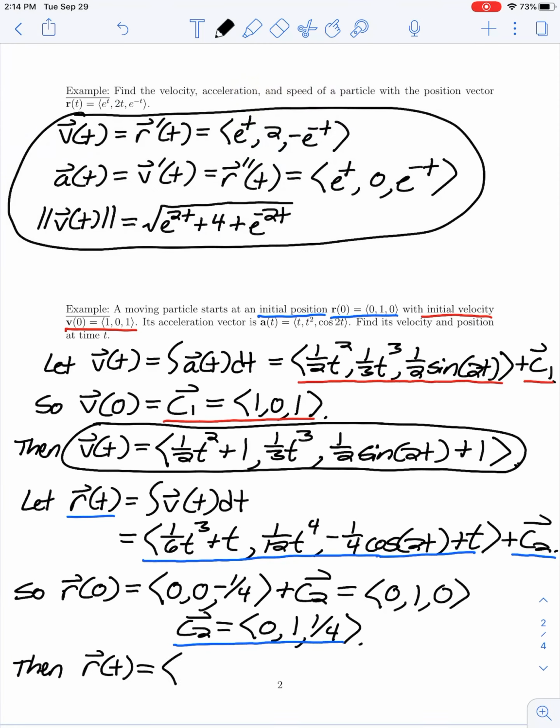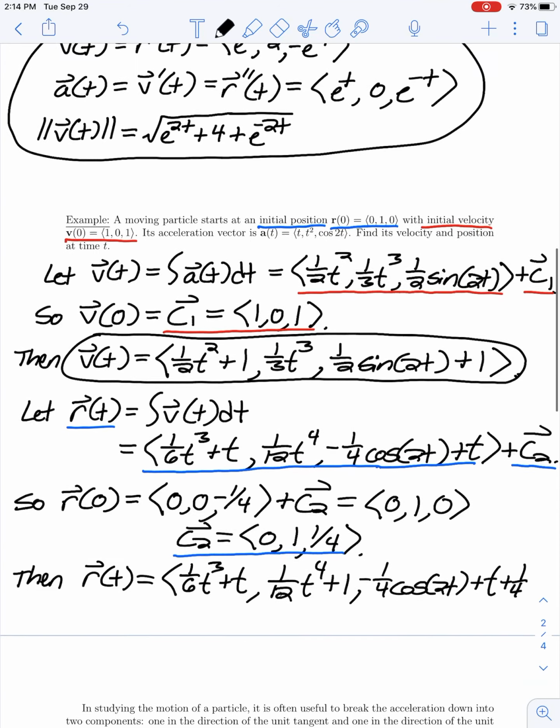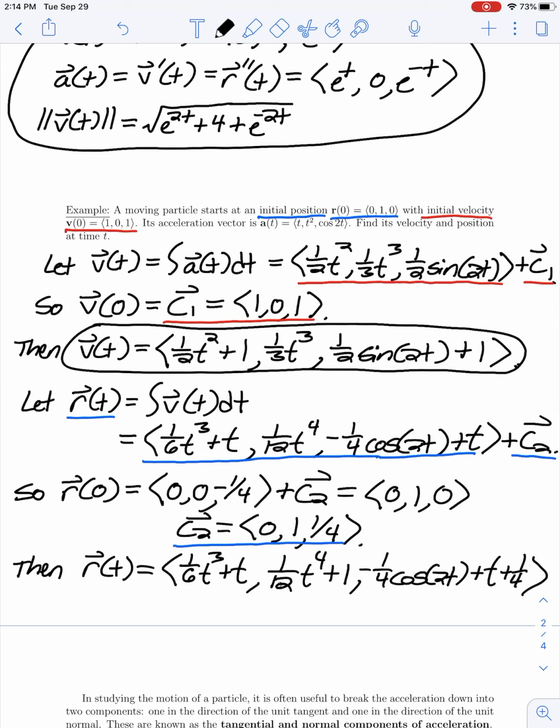So taking the sum of those two vectors, we would have a first component of 1/6 t cubed plus t, a second component of 1 over 12 t to the 4th plus 1, and a third component of negative 1/4 cosine 2t plus t plus 1 over 4. So this would be our position function